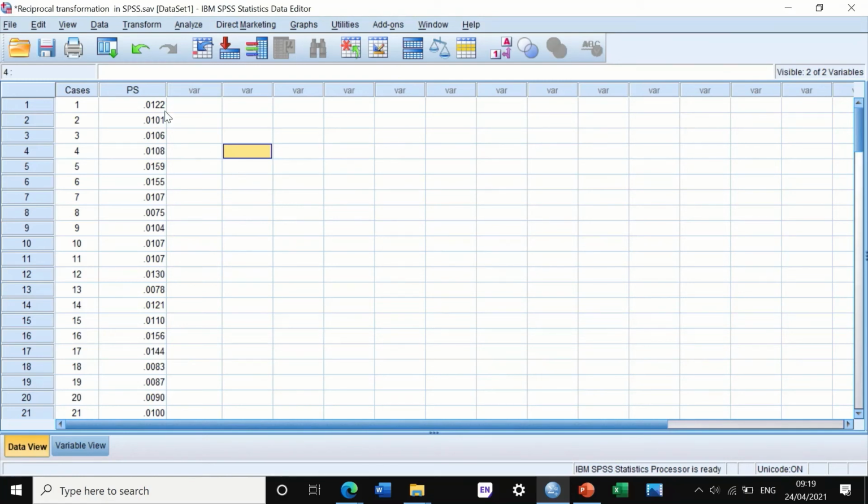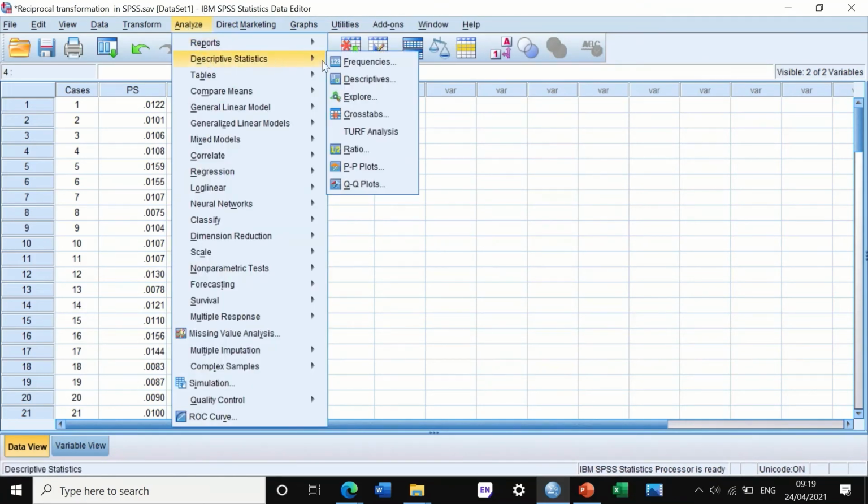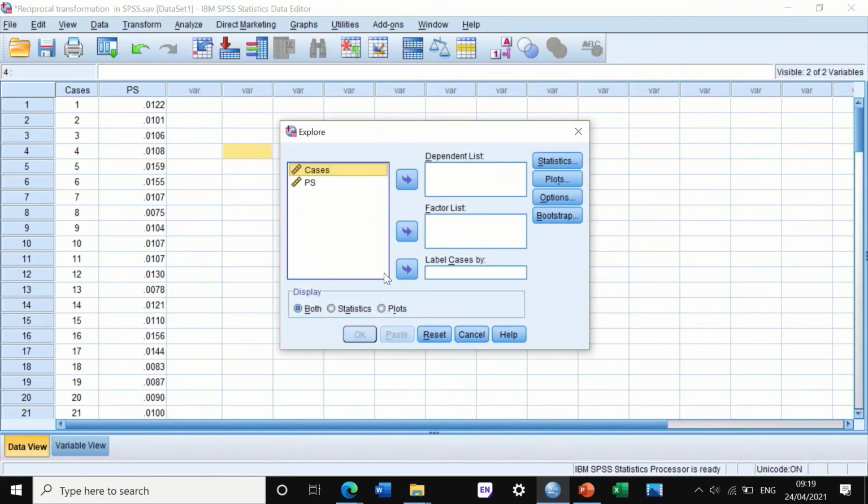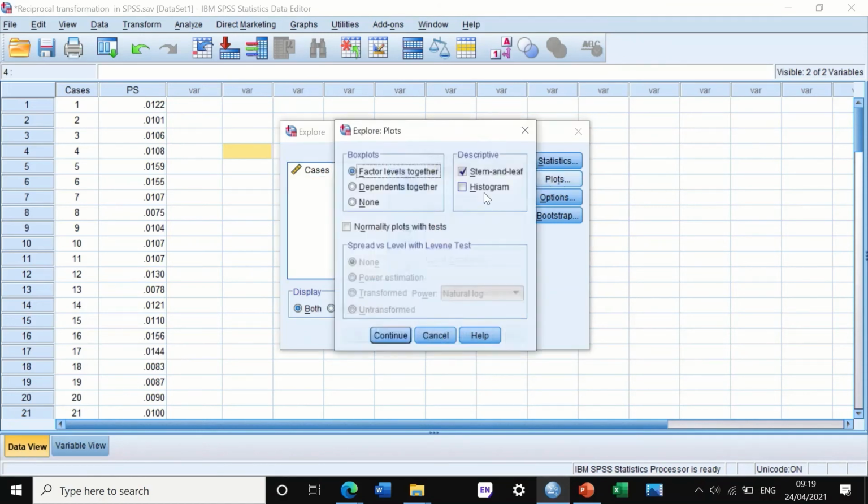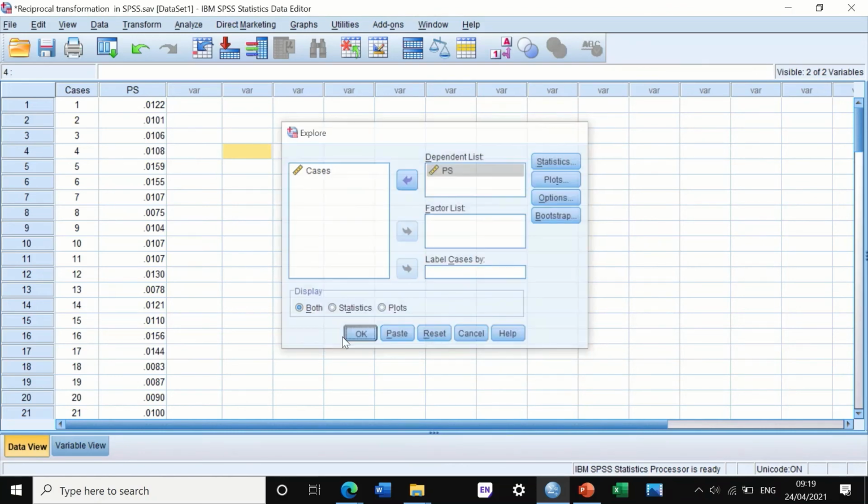First step to do is to check whether these data are normally distributed, and I'm going to click on Analyze, Descriptive, then click on Explore, reset this, and I'm going to move the data titled PS into the dependent list. I'm going to untick stem, tick the histogram, and tick normality plots with tests, as I will use the statistical test in SPSS to work out for me whether the data are normally distributed or not. If I click on Continue, then click OK,